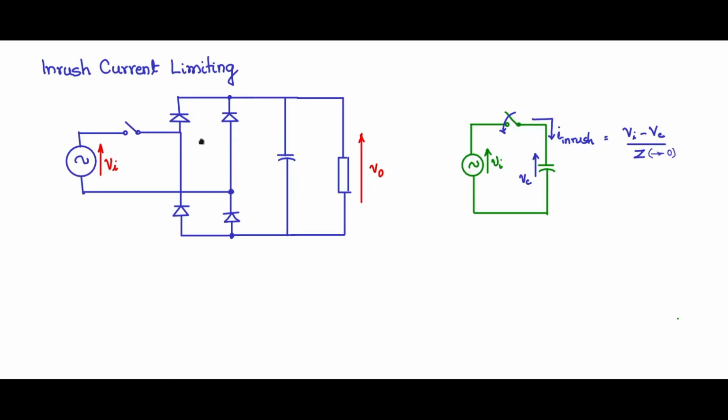Why should the circuit operate during the steady state? At the steady state, the capacitor is fully charged, so Vc is close to Vi peak. So Vi peak minus Vc, which is close to Vi peak, will be a small delta V, divided by the Z, which will give you significantly lesser inrush current,